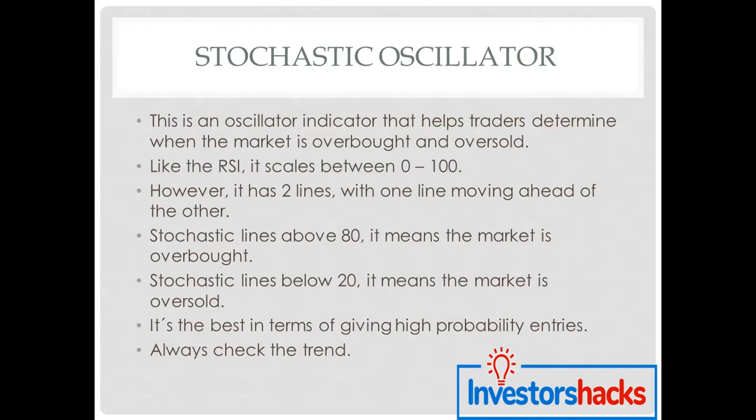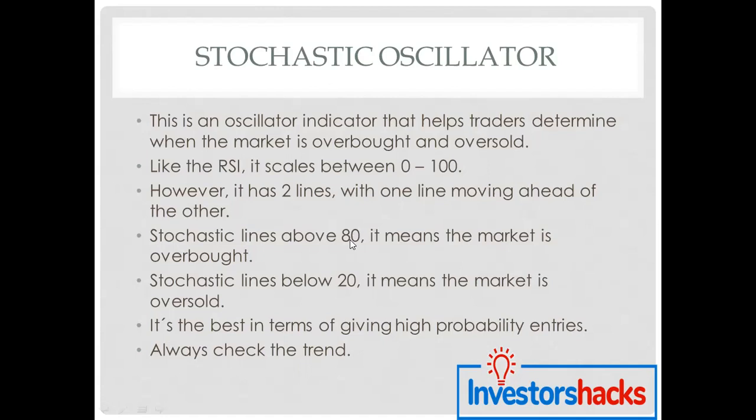When the market is overbought, we look to sell, okay? And when the market is oversold, we look to buy. What it means here is that you'll be looking to buy if the stochastic lines are below 20. And therefore, you'll be looking for other confirmations, like maybe another indicator, or probably you'll be using candlestick patterns just to ensure that you're taking a high probability trade. When the lines are above 80, that is anywhere from 80 to 100, it means that the market is overbought, and therefore you'll be looking for your selling